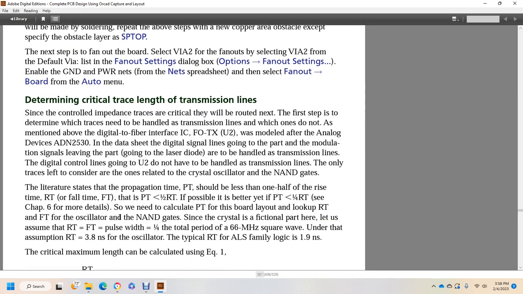The first step is to determine which traces need to be handled as transmission lines and which ones don't. As mentioned above, the digital fiber interface on the integrated circuit board FOTX U2 was mounted with the Analog Devices ADN2530. According to the data sheet, the digital signal lines going to the part with the modulation signals leaving it, the part going to the laser diode, are handled as transmission lines. The digital control going from the UT to does not have to be handled as a transmission line. The only traces left to consider are the ones related to the crystal oscillator and